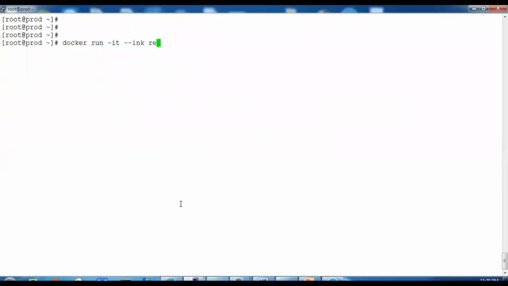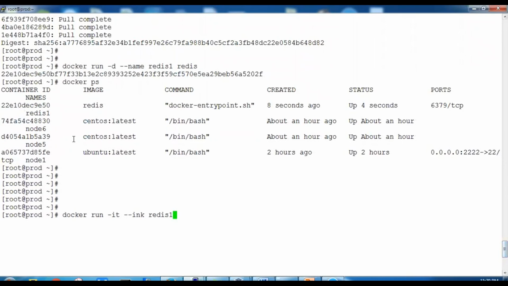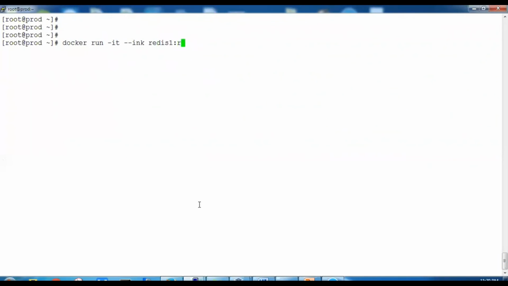The source container name we have created as Redis1. We can just scroll up and cross-check it. So here this is Redis1. All right. So we give the same name, and another is the optional name, or alias we can say.